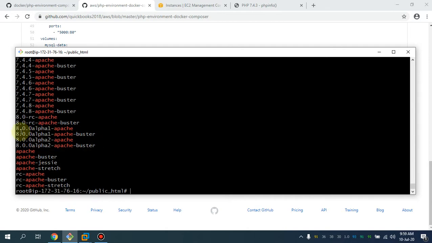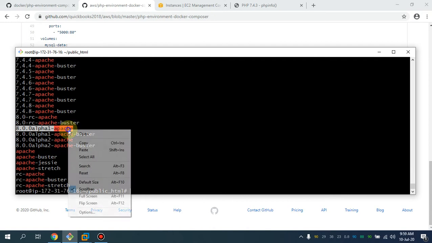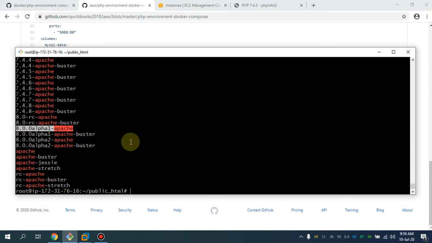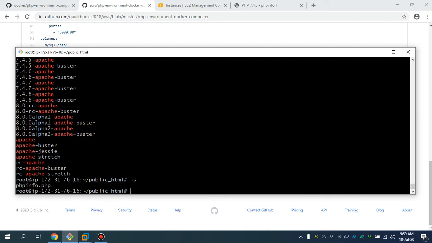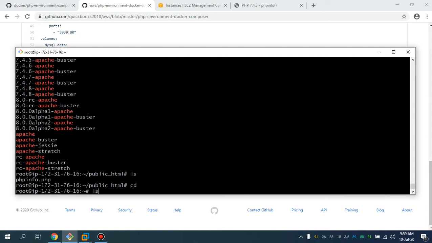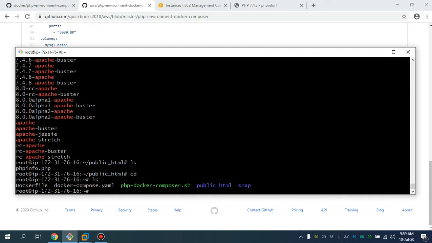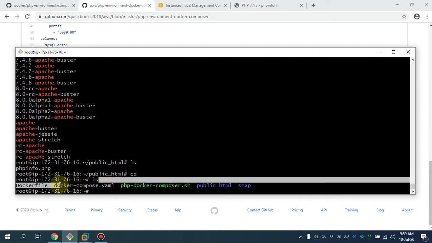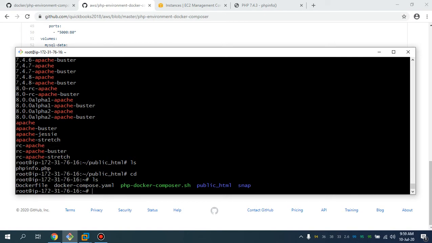Let's say I want to use this latest alpha build, or let's say I want to test the application I'm building here. So what I'm going to do is simply press cd. Make sure you are in the directory where your Docker Compose YAML file is. So what I'm going to do is simply run docker compose down, and